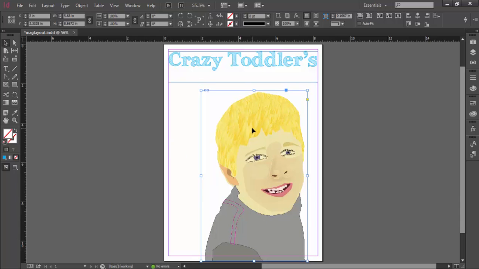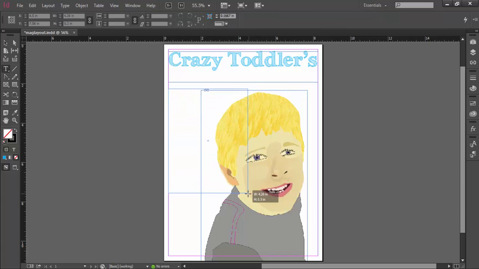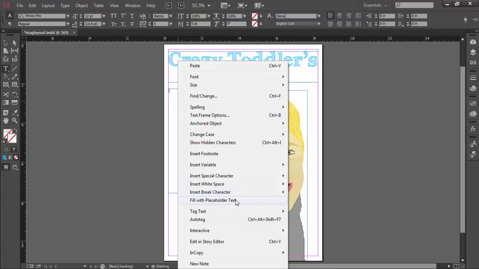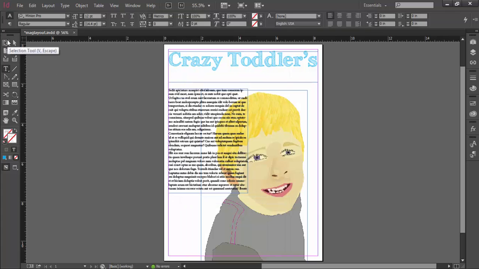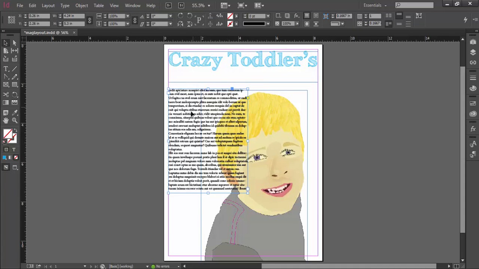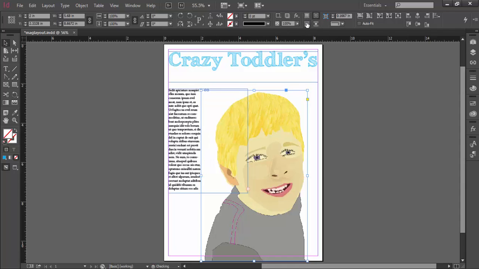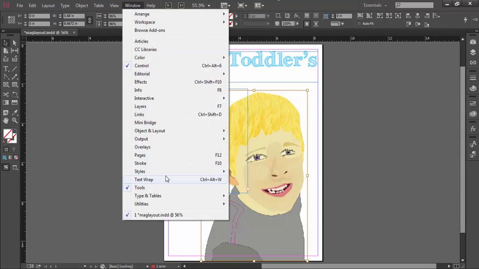But the first thing I want to do is, in InDesign, you can wrap text around an image. So I'm going to show you how this works by using some placeholder text. I'm going to right click and fill with placeholder text. You don't need to do this unless you just want to see how to make it work for you. And we have to wrap the text. So Liam here has this box, this blue outline, and that indicates where his image is. And anything I do right now, whether it be from up here where you can wrap text, or I can go and open up my text wrap